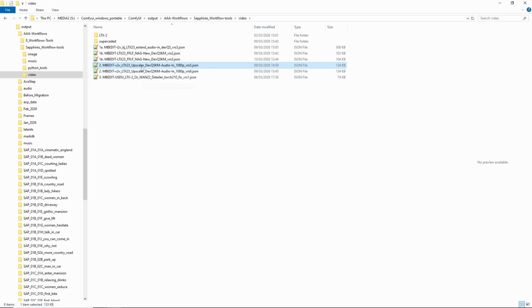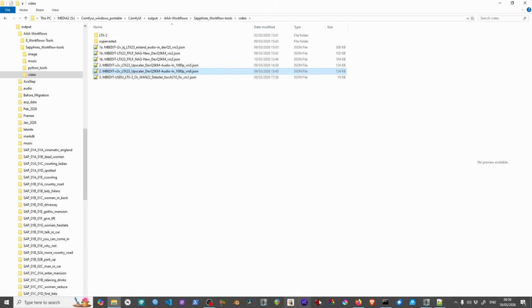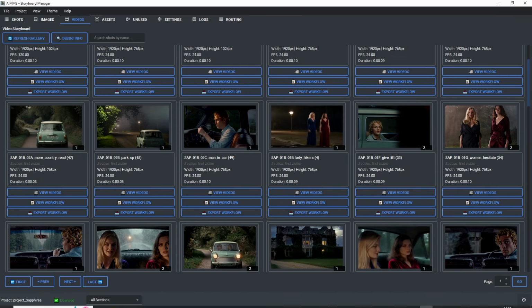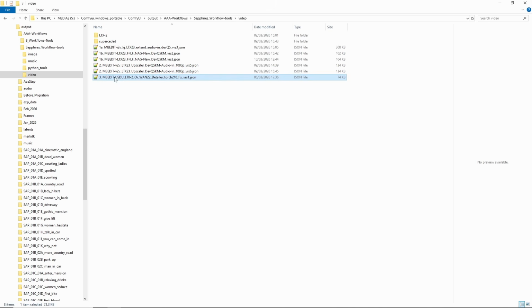And then all of them go through the upscaler, where it's 2 upscalers in LTX, and that's pretty good, and you can use the first frame and last frame as reference as well as the video that upscales. And then if I have problems with that, which I did in quite a few of these, especially when people are slightly at a distance, then I will run it through the USDU, the Ultimate SD Upscaler, which is brilliant, and you can use it with WAN.